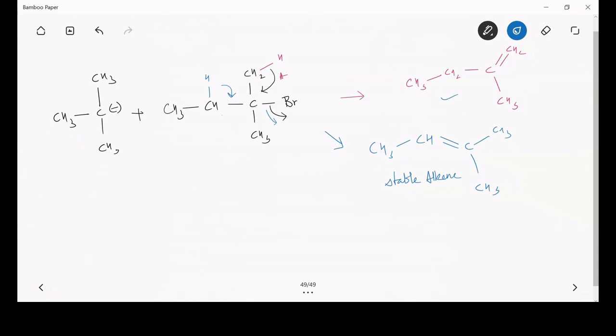But what will happen in this case? The reaction also goes via the same transition state. That means it is an E2 reaction, of course. So there will be a partial formation of a double bond, and there will be a partial breaking of the CH bond, and also a partial breaking of the C-Br bond. That means there will be alkene character in the transition state, so you may think that this stable alkene will be the more favored and major product, but not in this case. When the base has a very high volume, or it is very big in size, or it is taking a larger space,